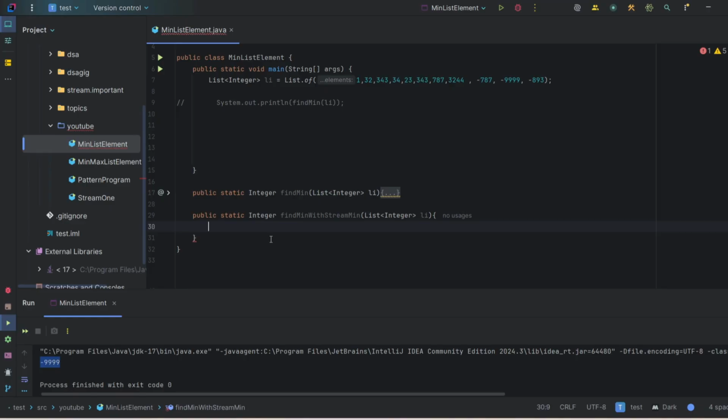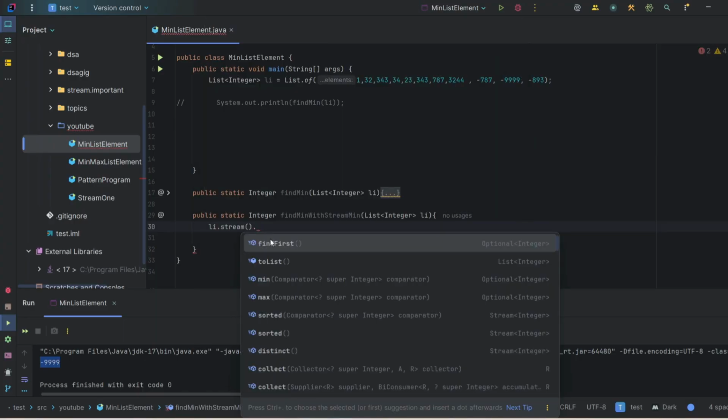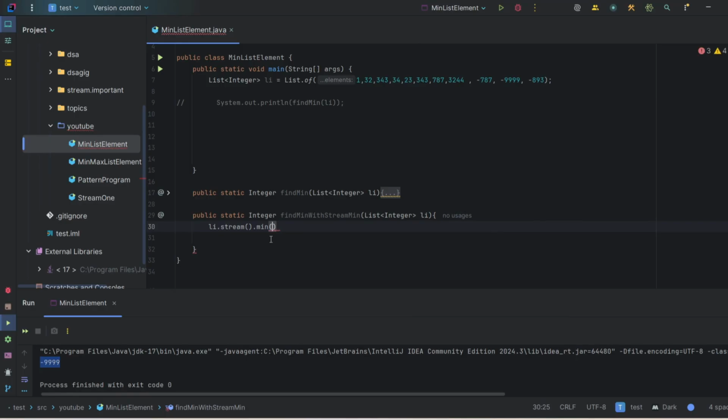So let's write li and convert it into the stream, then find the min value, and using the